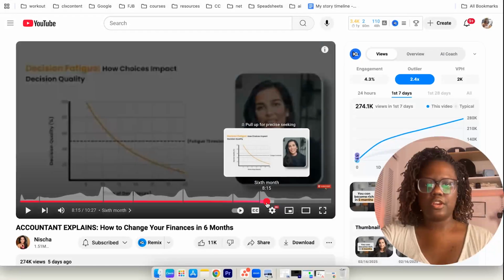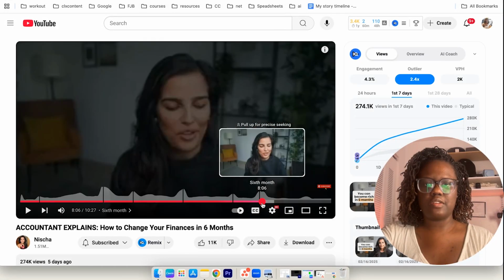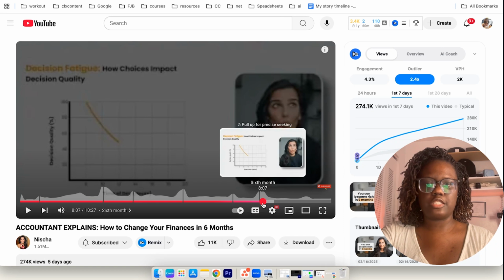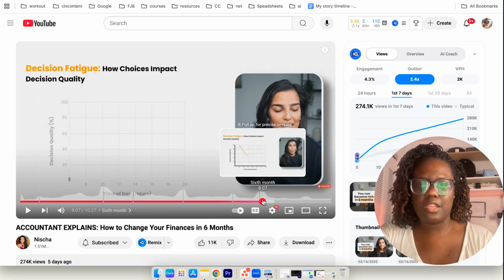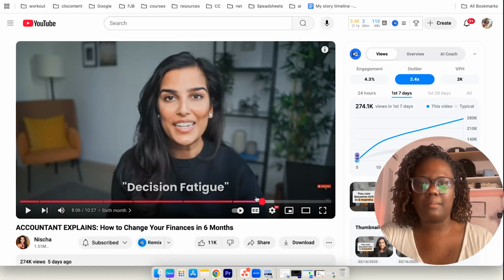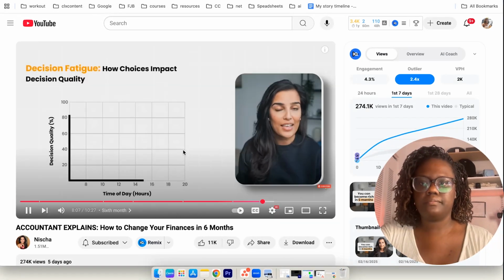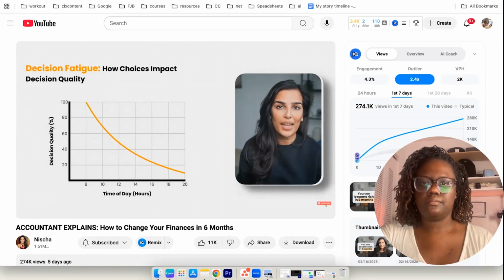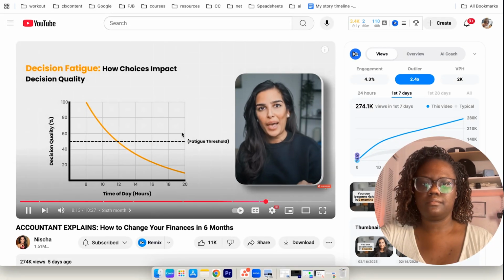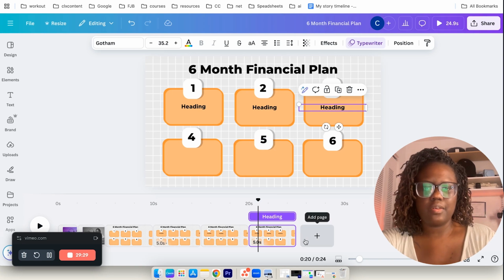And the third graphic that we are going to recreate is this flowchart style analysis thing. And she actually does graphics like these quite a bit in her videos. So if it's not a flowchart, it'll be like a pie chart or something like that. It's a psychological phenomenon where the more choices that we make in our day, the worse our decisions become. And to do that, we are going to